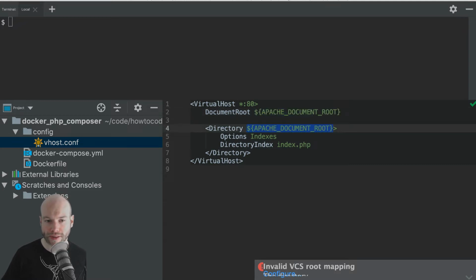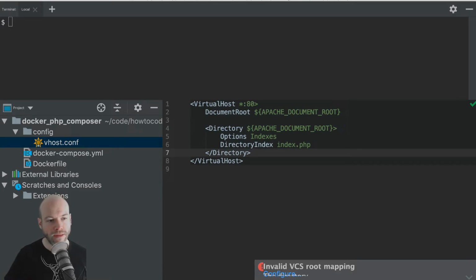Now, we've also got other things like options and directory index to index.php and so on and so forth. These are just the standard virtual host stuff. Again, when I work on my everyday job, it isn't this basic. Isn't this sort of vanilla, if you will. There's all sorts of other things going on. But sometimes it's nice to just go back to the raw, simple installation.